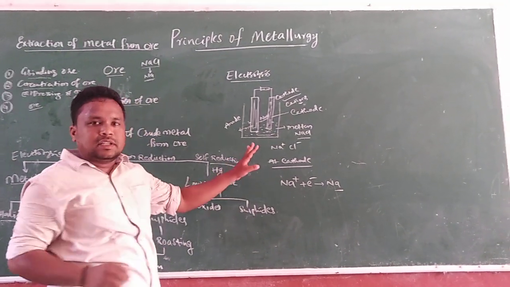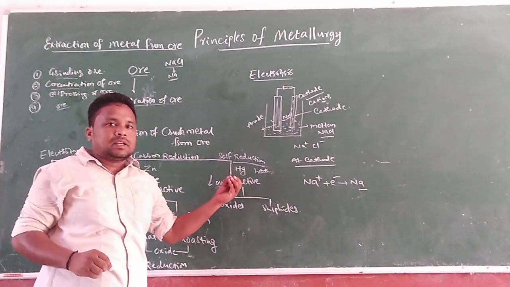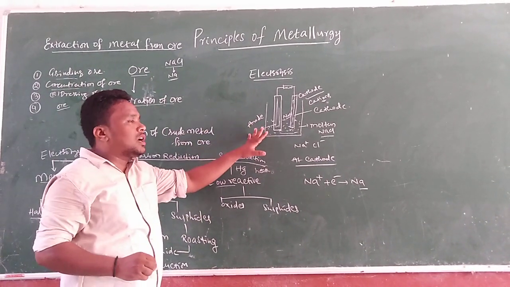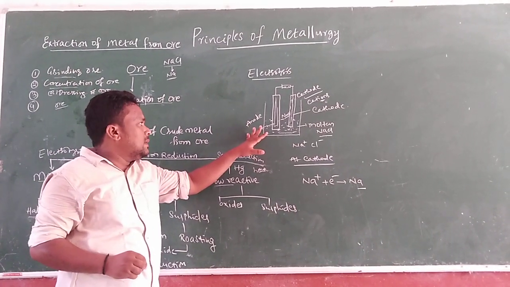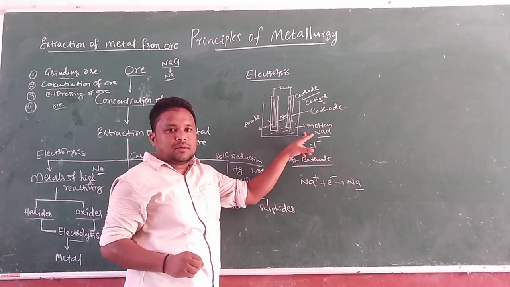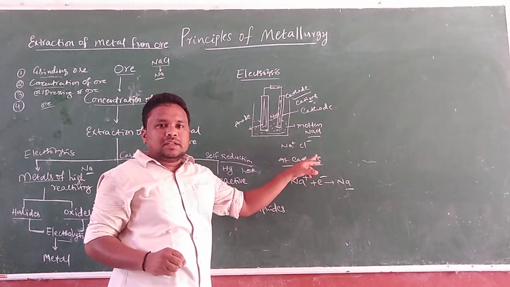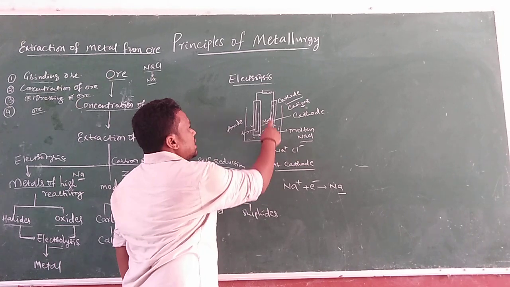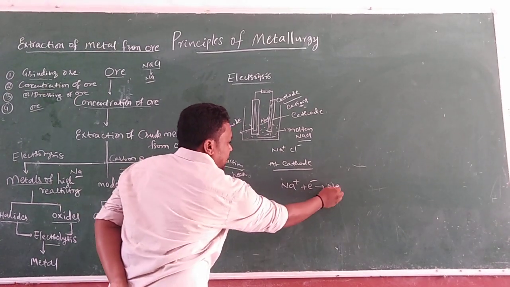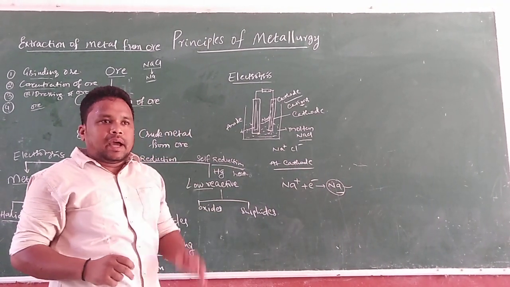This is a very simple experiment, which gives the information about how we can extract the highly reactive metal from its ore. Electrolysis is a process in which electrical energy breaks one compound into 2 or 3 parts. NaCl is decomposed into Na plus as well as Cl minus. At the cathode, Na plus is reduced. Now we got the Na metal, or not? Yes, we got the metal like this. This is one process to get the highly reactive metal.